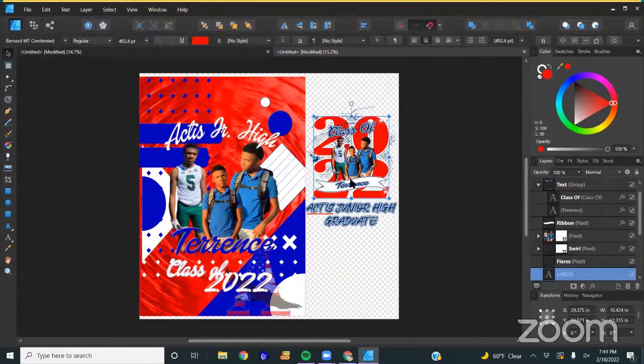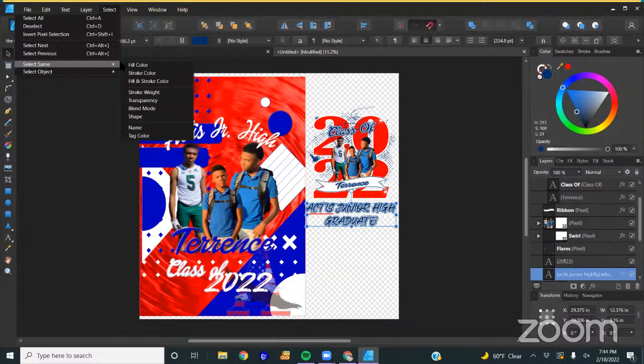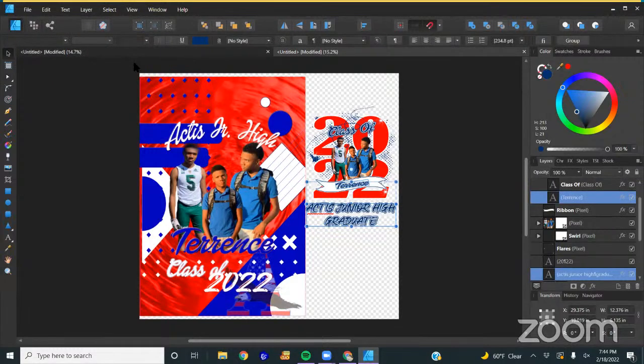And then another little shortcut, I'm going to grab these words here, and they're a different color blue than what's over here. So I'm going to grab those words. I'm going to go to select same, and select the same fill color.